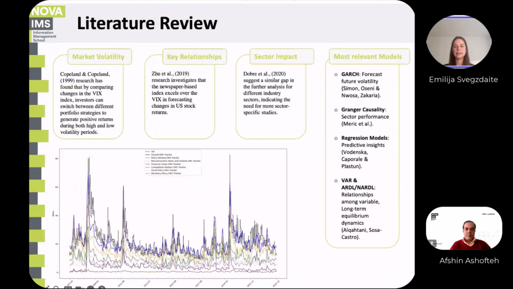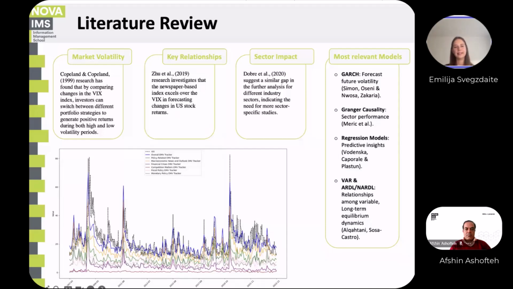In this thesis, I used a systematic literature review. I used Scopus and Web of Science and analyzed around 309 papers. The literature review underscores the value of studying volatility patterns and understanding investor behavior, particularly through indices like the VIX and EMV. The VIX was introduced in 1993 to measure short-term volatility in the S&P 500, reflecting shifts in market sentiment and helping investors adjust their portfolios.